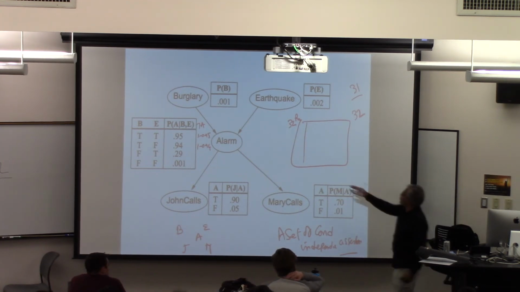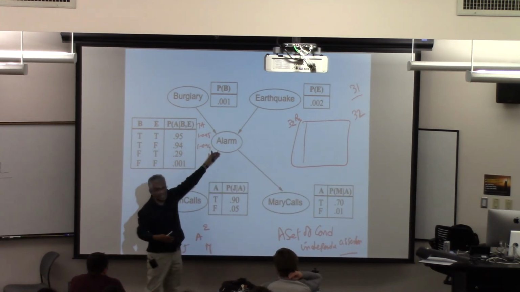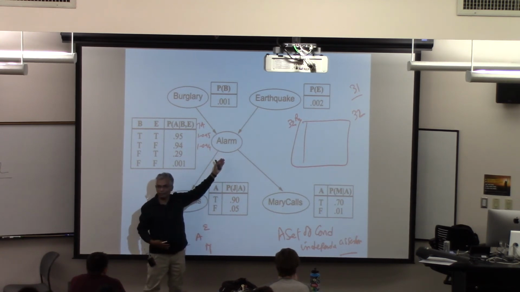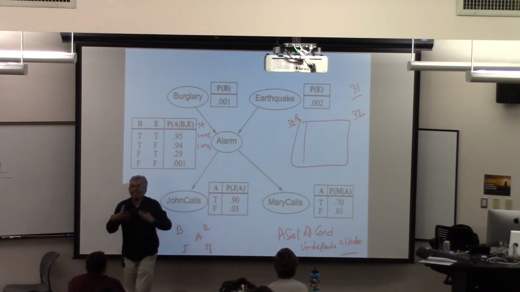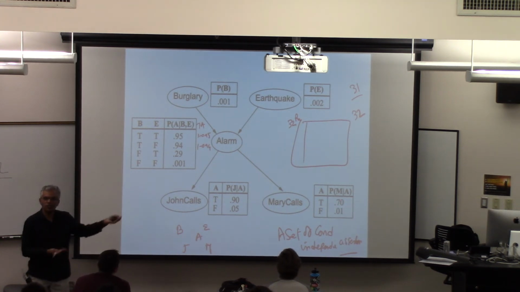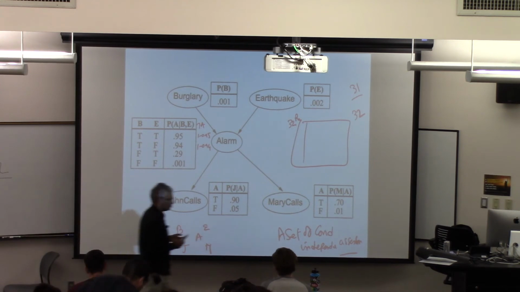In essence, by putting these arrows, you are saying alarm is sort of dependent on burglary and earthquake, and John calls and Mary calls is dependent on alarm. And that's what you are giving as the knowledge. That's the topology. After the topology, you go get the numbers. So we'll stop for people who have to leave, and then I will continue on the